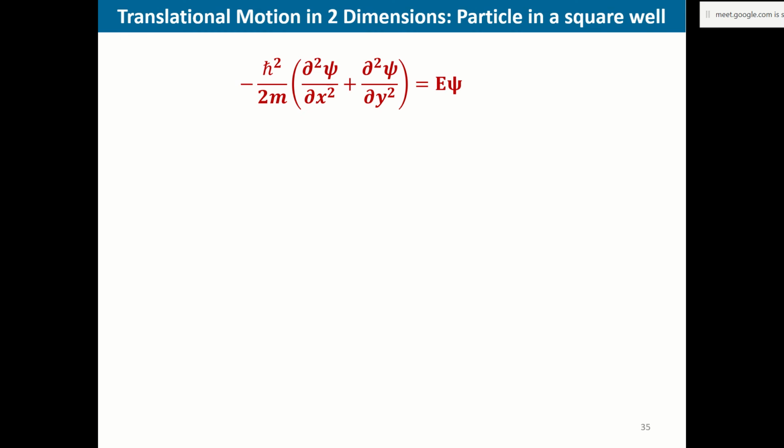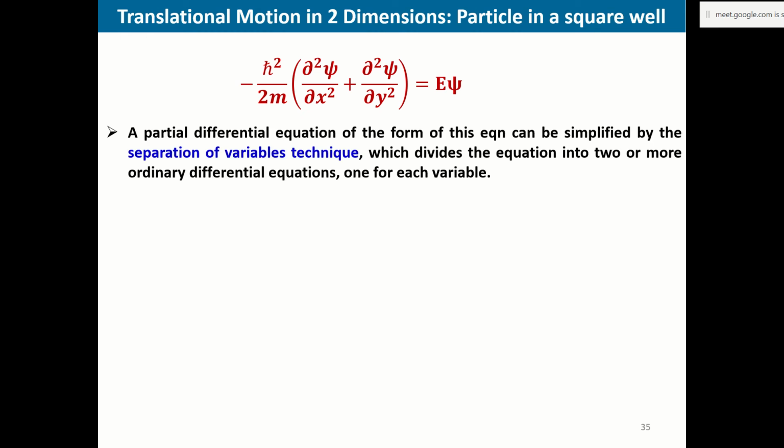So this is your equation. The story starts from here. The potential energy is 0, so there is no V term coming in over here. To simplify this equation, we have to find a way such that psi is a function of x and y,